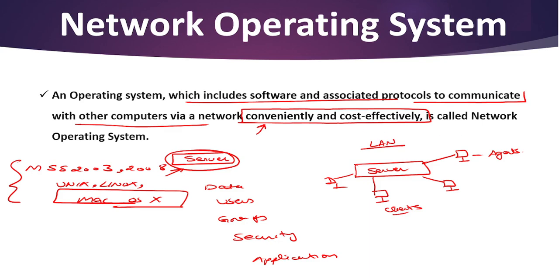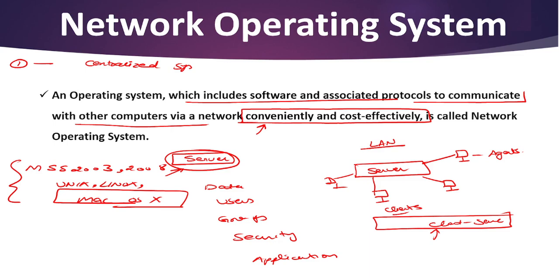Some advantages of using a network operating system include that the network traffic reduces because of the client server architecture. Also, this type of system is less expensive to set up and maintain. So maintenance of these types of networks is very easy. And also, one more important point you should note, it is a centralized system.